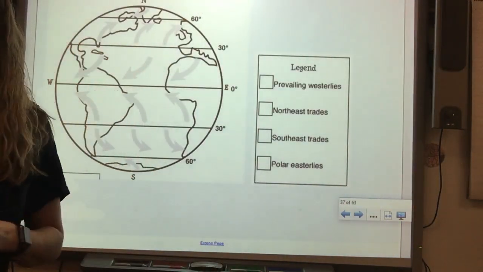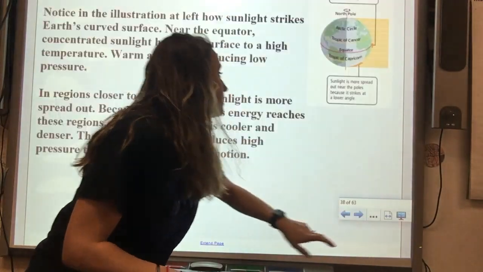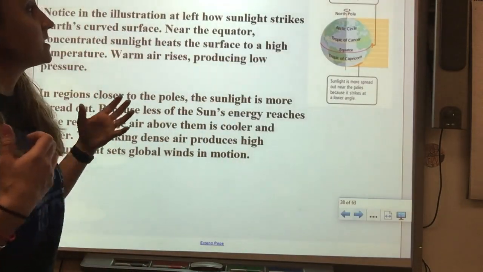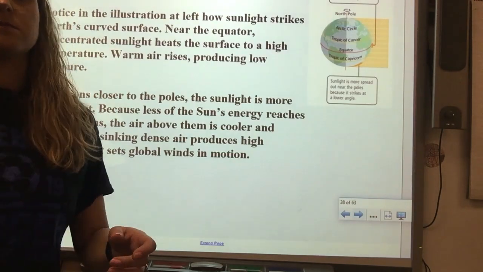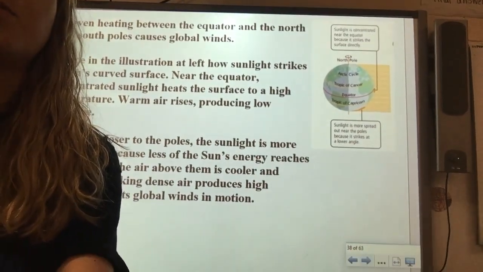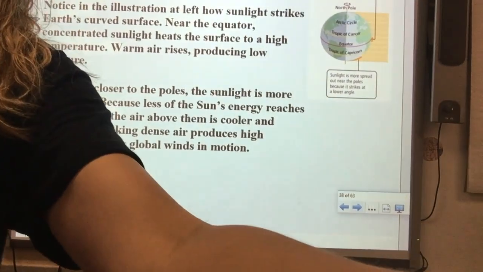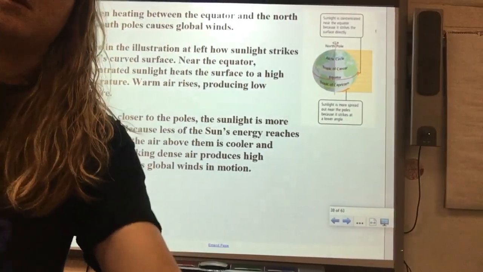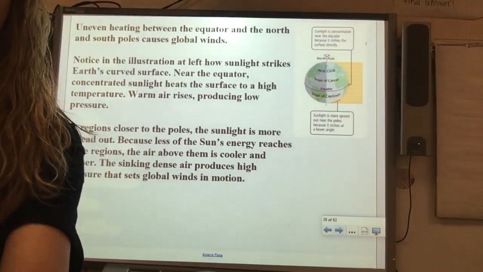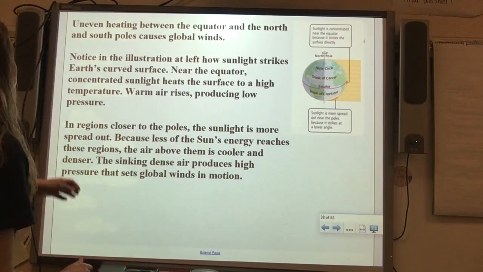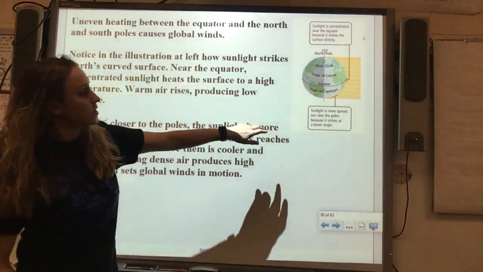So this is the page you're looking at today, okay? And the first one that we're going to talk about is going to be our Arctic, the polar region, the wind coming from the polar region. But before we do that, hang on just a second. There we go. Okay, so the uneven heating between the equator and the north and south poles is what causes